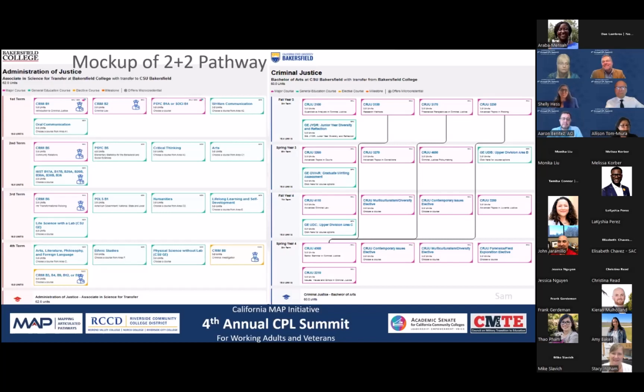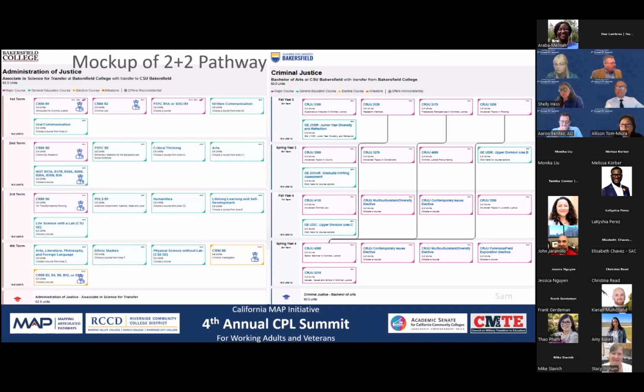This is based on the credits that I saw that you give for your post-certification. But this is just a mock-up. This is a mock-up of the screens that you see in Program Pathways Mapper. We're working long range to integrate with Program Pathways Mapper so that when you create an articulation,